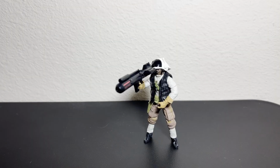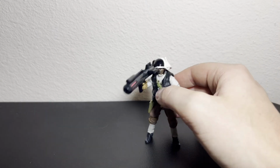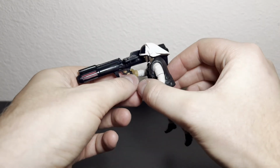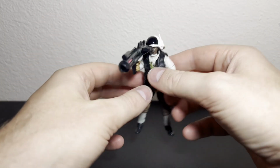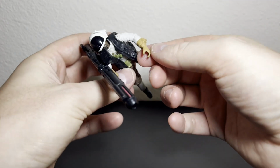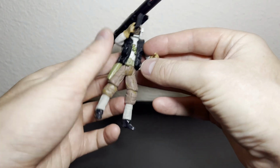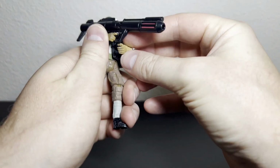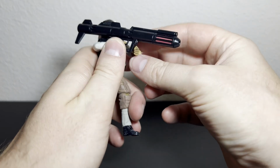There he is. He looks really awesome. Appearance-wise, I really love this guy. I think he looks super dope. He actually holds the rocket launcher really well. He's got a solid grip on it, and it doesn't really throw off his balance too much. The issue, though, is his left hand is kind of sculpted in a much wider grip, so you can't really put anything in there. I think it's intended so that you can have him grab the foregrip on here very lightly,